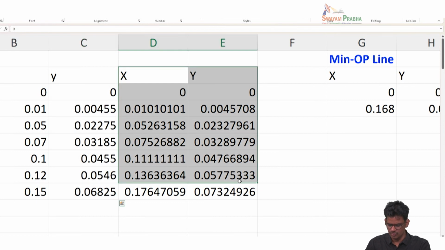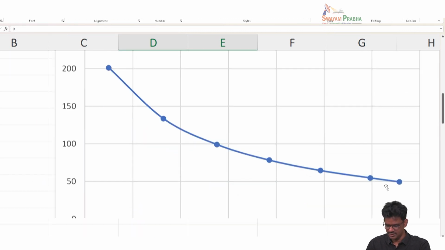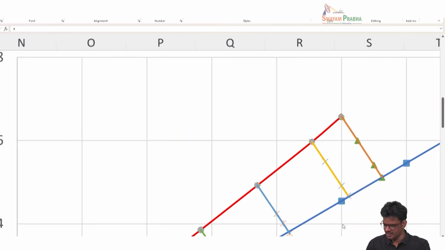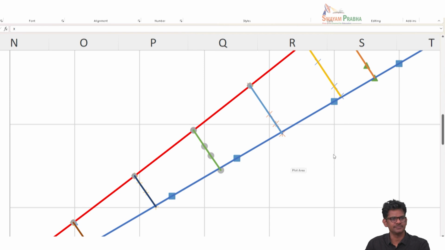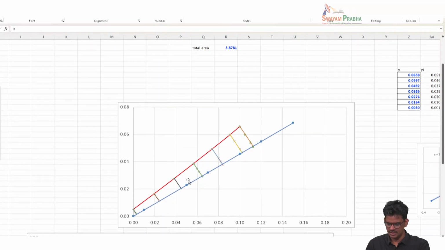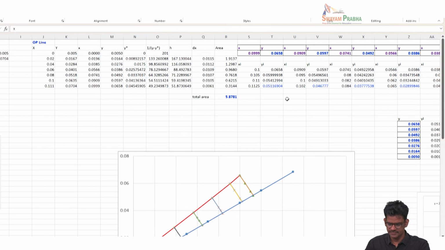Based on that, you choose a range of y and a range of x values. Then you convert them into mole ratio units. This is capital X and capital Y. Okay, and if you plot these two, capital X and capital Y, you can generate this blue line. Okay, so this is the equilibrium line. The next thing is to calculate the operating line. That is the red line, and the way you do that is